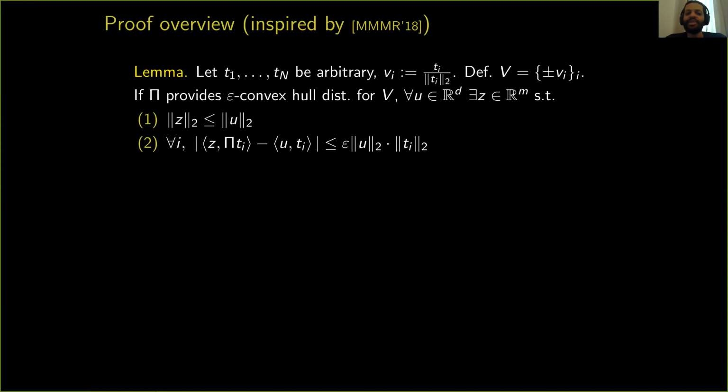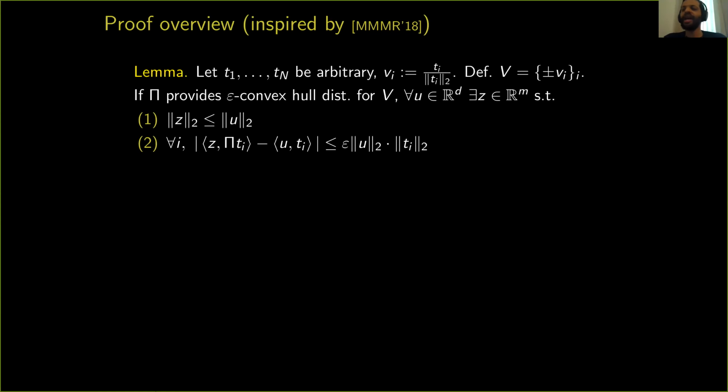Consider a set of vectors Ti, and define the Vi to be their normalized versions. Define capital V to be twice 2n vectors, where you have both the plus Vi and the minus Vi. So capital V has size 2 times capital N. If pi provides convex hull distortion for capital V, then for all u in space, there exists a z such that